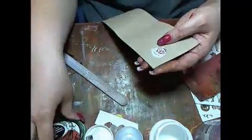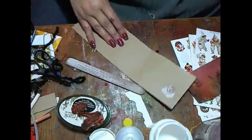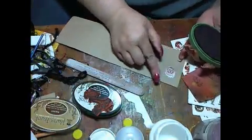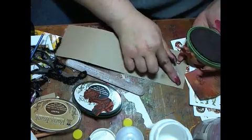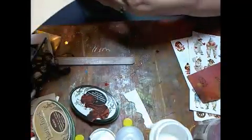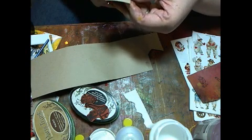Okay. And now, because I always am sticking my finger in ink, I'm trying to find my brown ink that I just had. I have my black ink here. Here's the brown ink. Sorry, it's under the tissue paper. And just kind of come at it. And I use my finger. My finger is my favorite tool. Okay. And now there's still a little shine, but not like it was. And if you cut this out and used it on your piece,